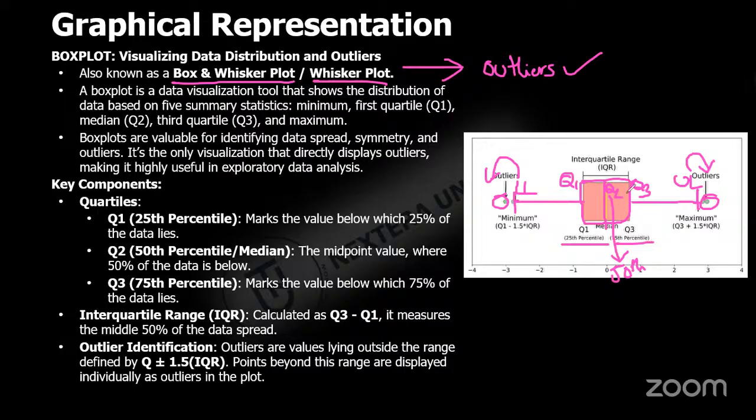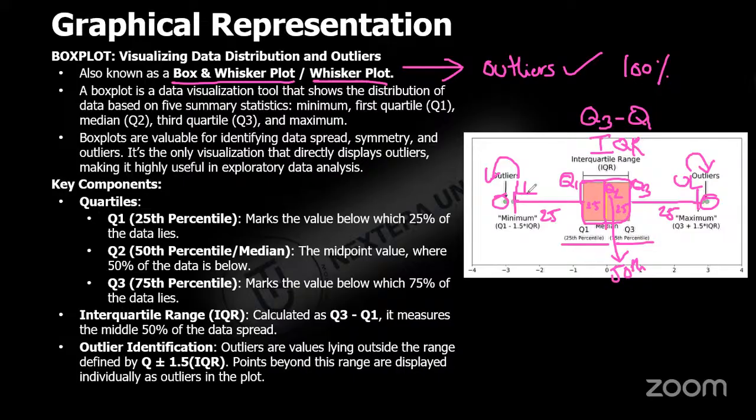So this entire box is called IQR, interquartile range, which is calculated by the formula Q3 minus Q1. Q3 minus Q1 will return me the value for entire IQR. If I assume the total data is 100% in a column, that data will be divided into 4 parts: 25, 25, 25 and 25. This is how it gets distributed. So that means this box will contain 50% of the data.